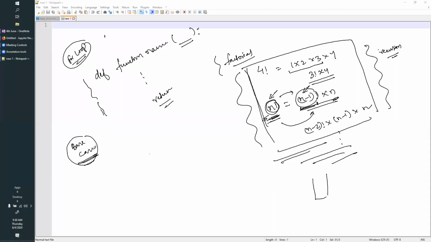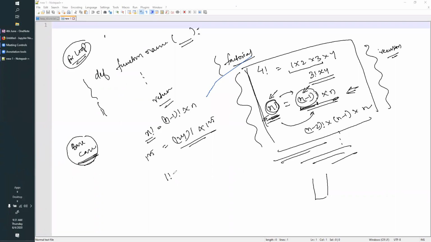Okay. Now, if this problem is given to you, what is the base case here? What will be my base case here? If n is equal to 0, it will terminate and come out of the loop. So the base case should be the most granular form which you can think of in this problem. When I say n factorial, I can write this as n minus 1 factorial multiplied by n. Assuming that n is a big number, say 125, it equals 124 factorial multiplied by 125, something like this. But the most granular form of this will be